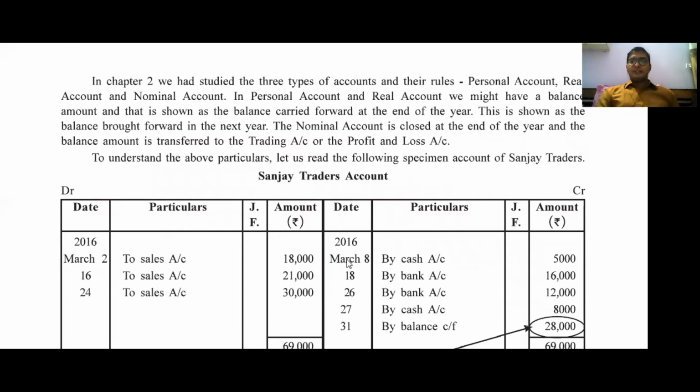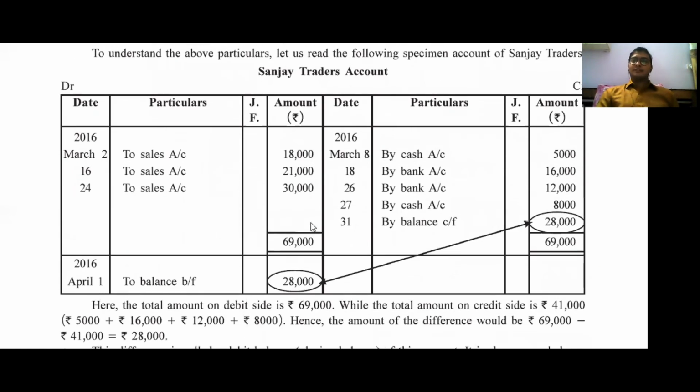So in examination, if they ask for closing accounts and to put its balance, then only we have to close the accounts, otherwise it is not necessary to close each account. So first of all, read carefully whether we have to close the accounts or not. If they have asked for closing of accounts, or write that, find out the closing balance or total of these ledger accounts, then only we have to close the accounts.